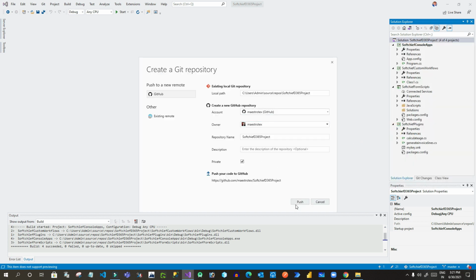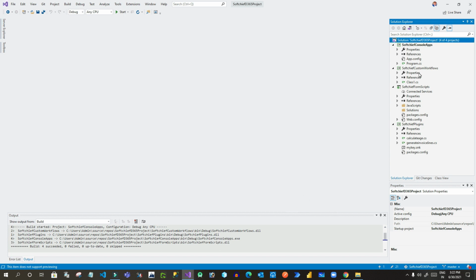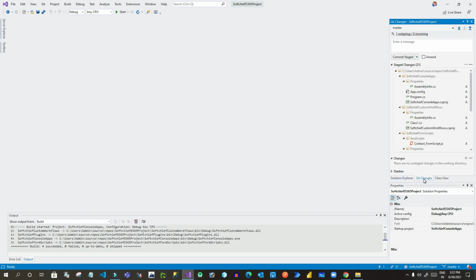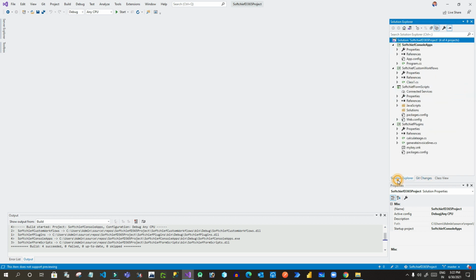So already I have posted it, so I can click on push. Okay, now if I go to Git changes, you can see the outgoing option here.